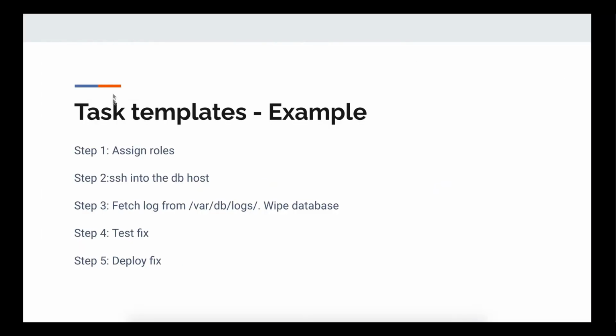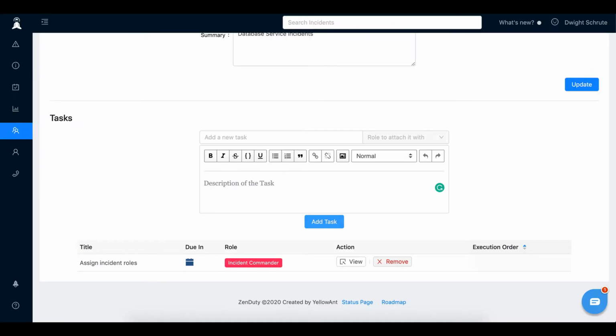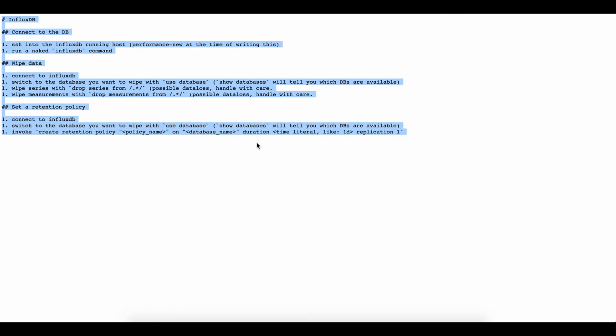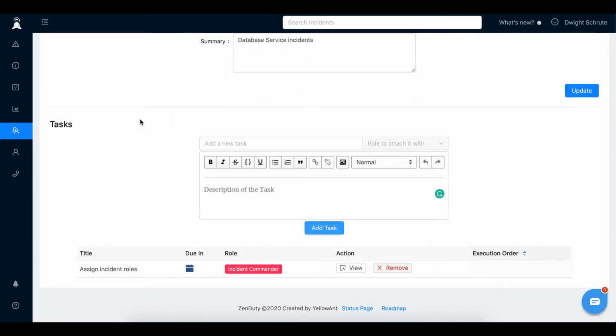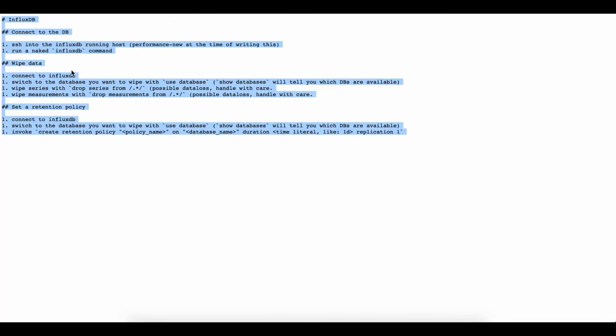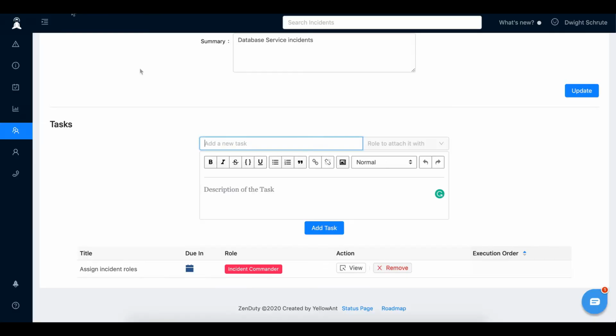Our second task would be to do a few database operations. So here we have an InfluxDB playbook that we had created earlier to resolve database related issues. So we see that we need to perform a few tasks.